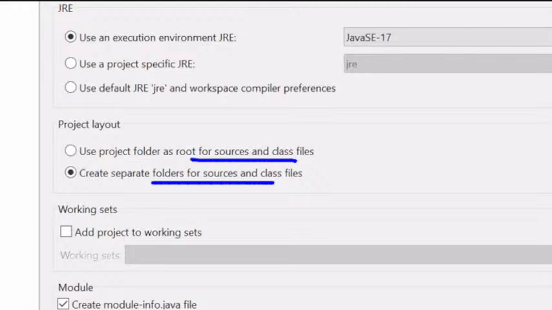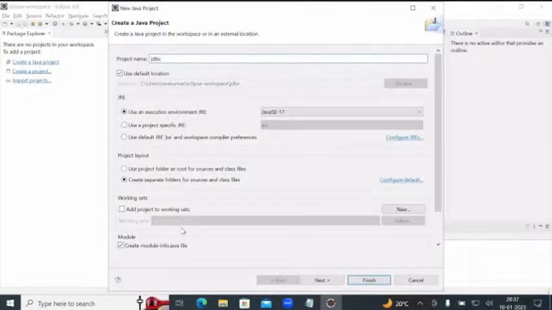So whatever default settings are there, you continue as they are. No need to change all this. Just type the project name, click on Next. Then it shows the source files and .class files are maintained separately. Just click on Finish. That's it. Okay. Now,